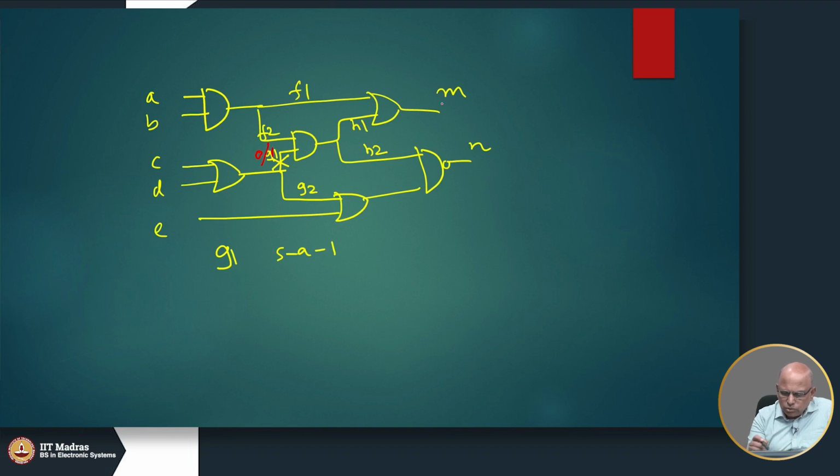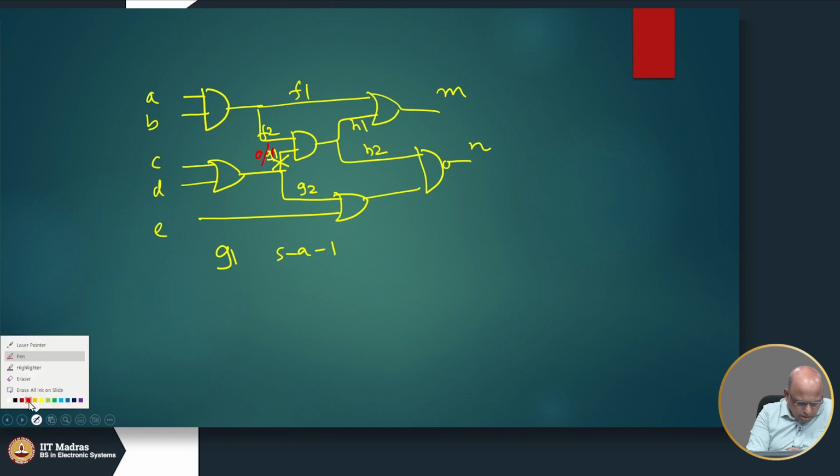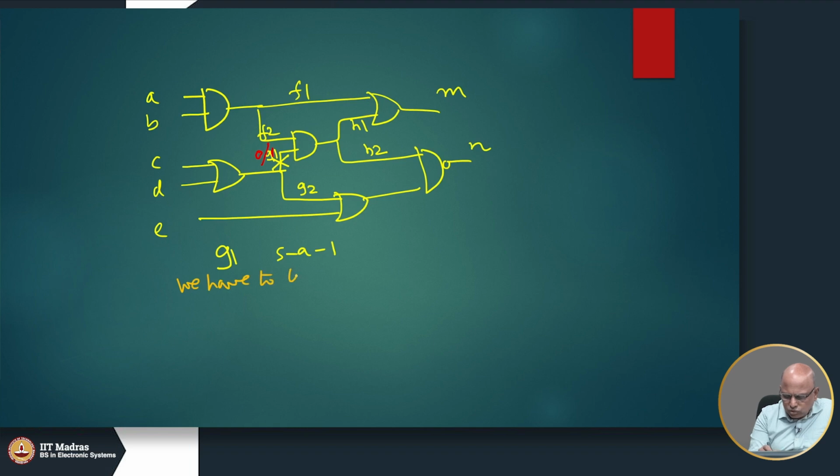Now, there are two things that we need to do. I had to justify the ability to put a 0 here. That means I have to see, I can't directly put a 0 on G1, right. You have to appreciate that we have to control G1 to 0 value indirectly by controlling